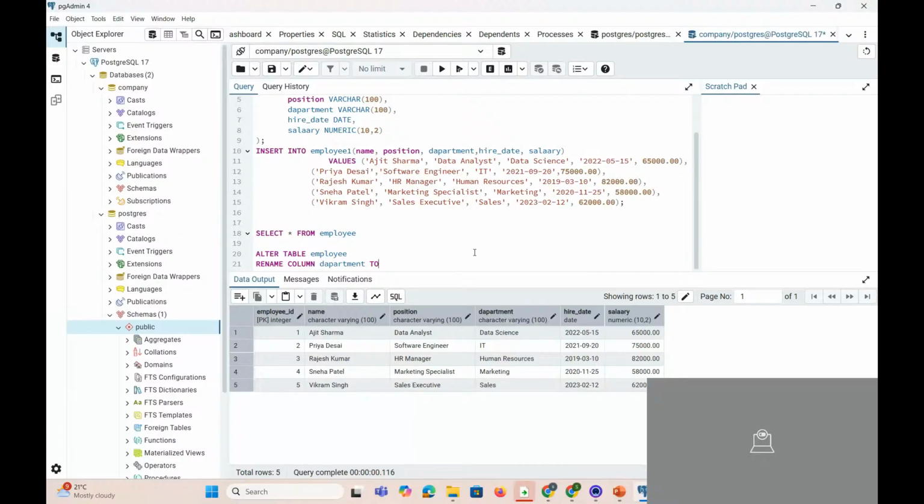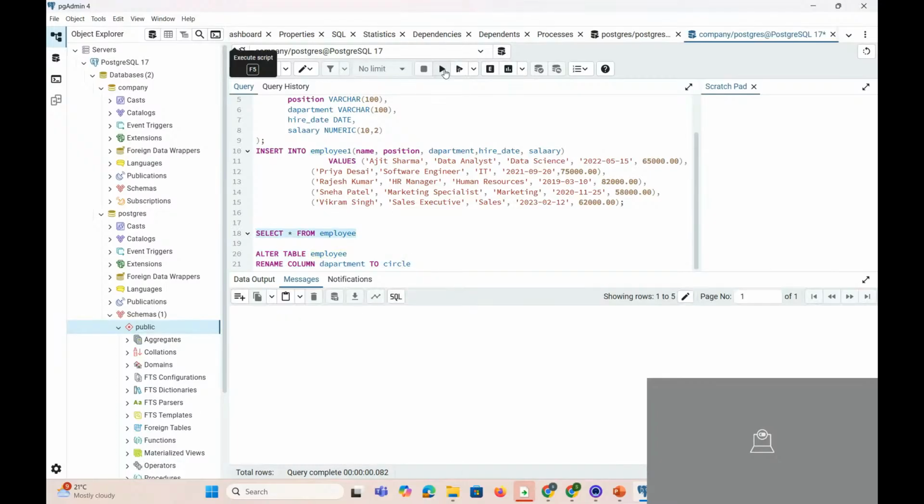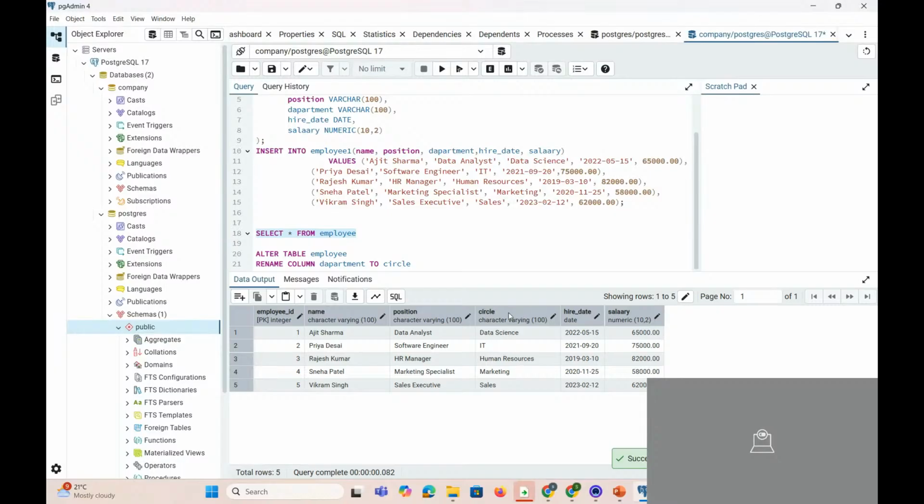Use the command to name it, and that just changes the name to circle. Just that's it. So select this one and see what will happen. In 90 milliseconds it has been run. Again run this, and we will see the structure: department has been changed with the name of circle. This is the way for the alter. So now